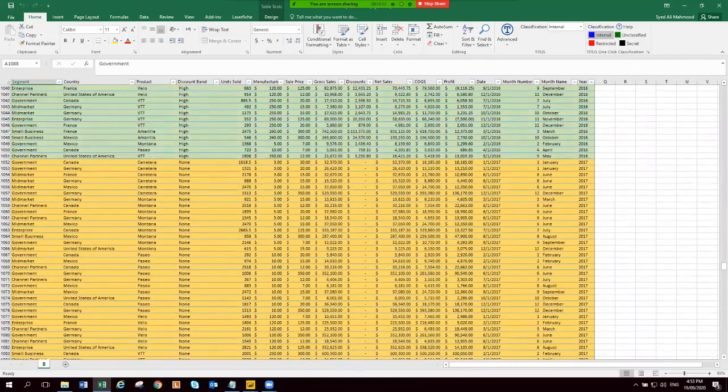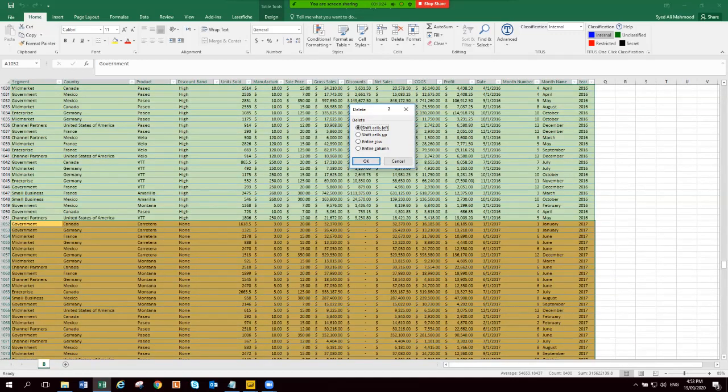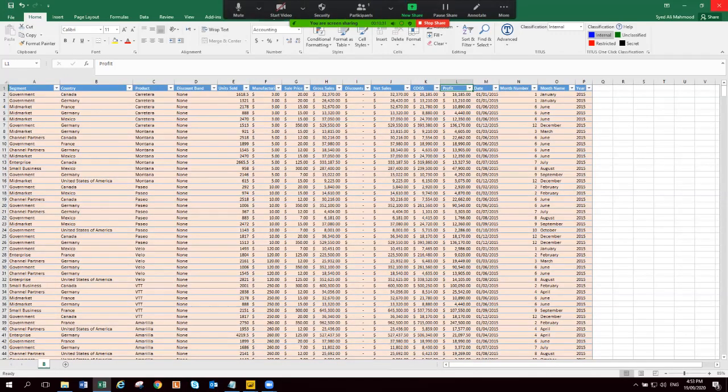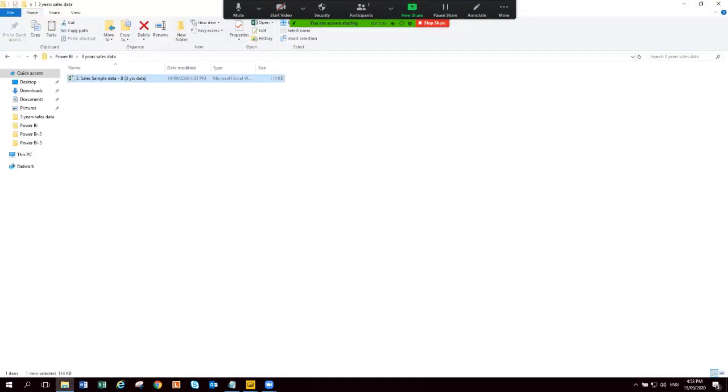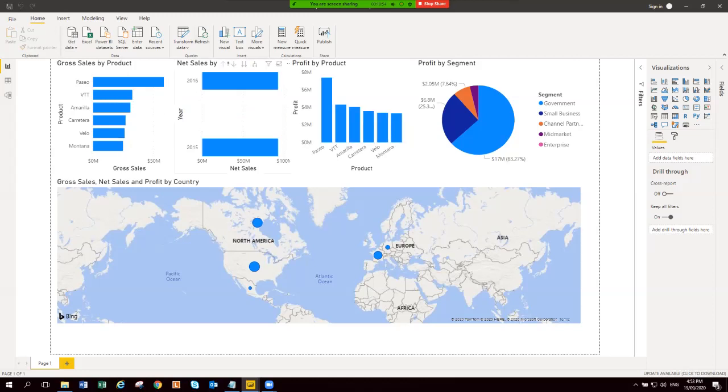So I will delete 17 data from here. Okay, so we now have 16 and 15 data. Save, close. If I go back to Power Query and click on refresh, see, 17 data is gone. There are only 2 years of data available, 15 and 16. So this is how we made changes in the source data, and it was reflected in the Power BI